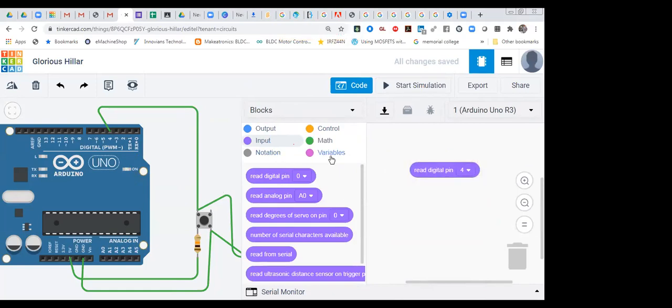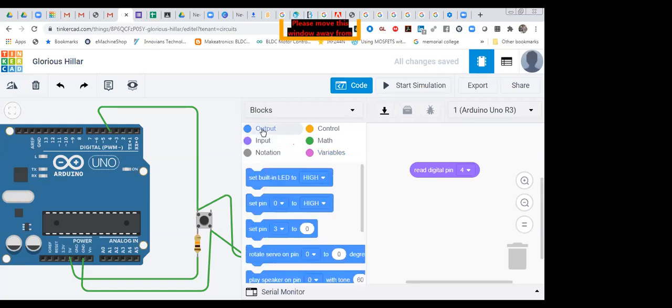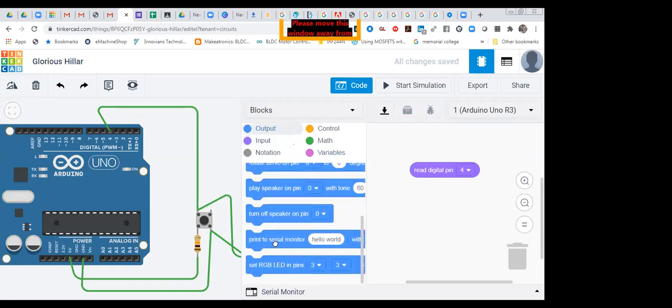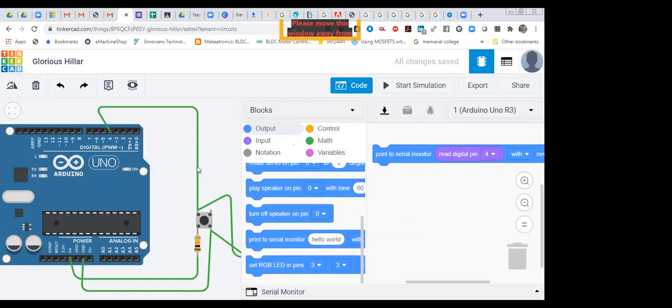But first I will tell you what a variable is, then I will come back to how you have to take a variable over here. So you can go to serial print the output. Over here you can see digital read at pin number 4. After that you check how much value is coming at the serial monitor.